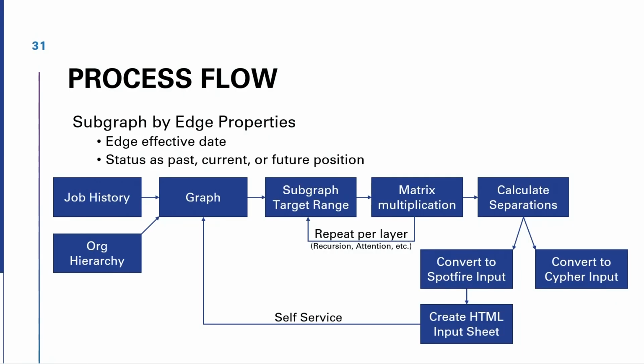So what did we end up doing at the very end? The process that I created took in everything from our HRIS, which was the job history and the org hierarchy, to create our main graph. Then this would be subsectioned, either by area, job range, or time, depending on exactly what the question is that we want to answer. And then we would do our multiplication that I presented. This could then be repeated as needed, depending on what you're trying to do.